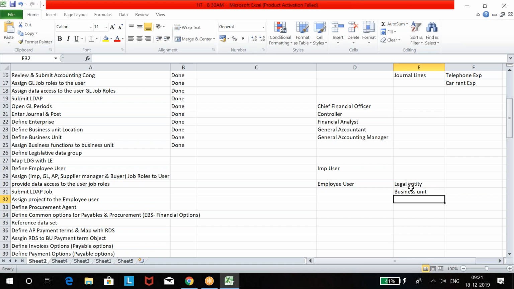Yes or no? That's why your payslip gives you the legal entity name. It may not give you the operating business unit name, but the legal entity name it displays. And you will be getting salary from some business unit. Yes or no? So while creating employee user, you need to select this too. I can select business unit, but I can't select legal entity as of now.